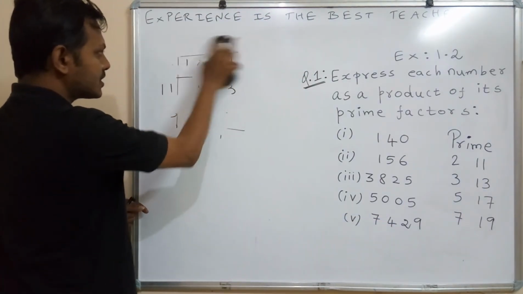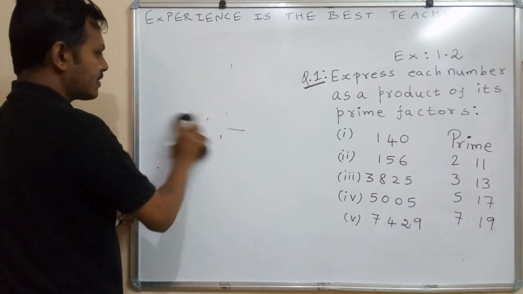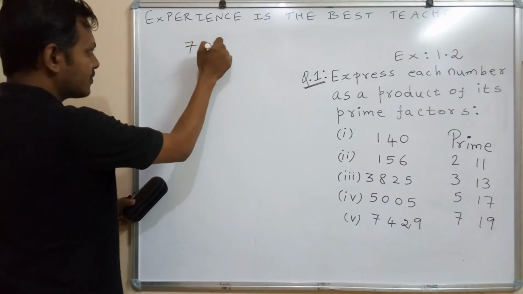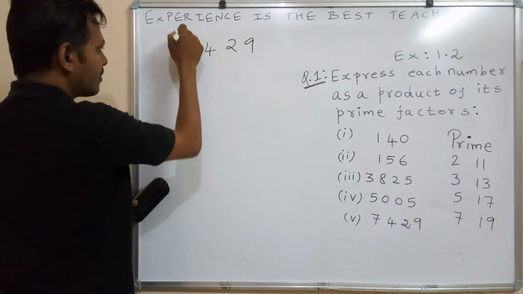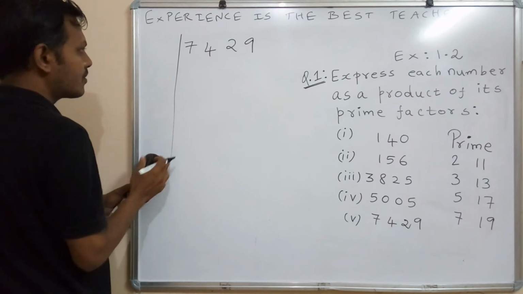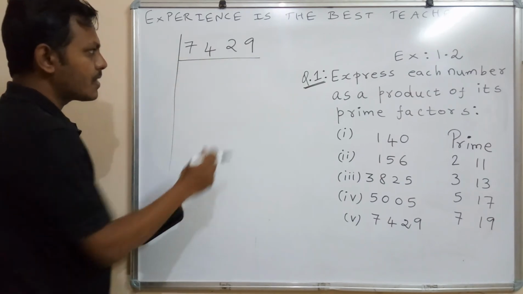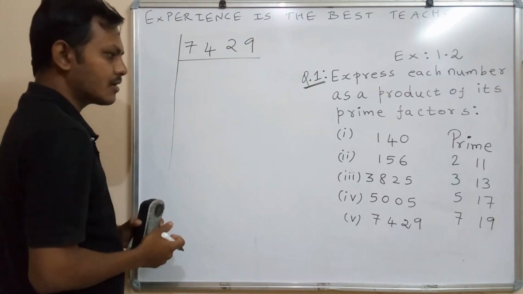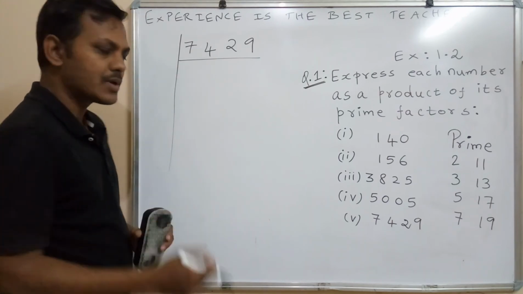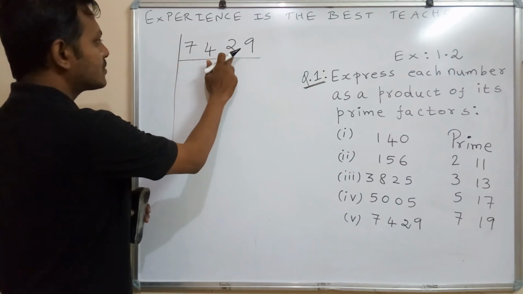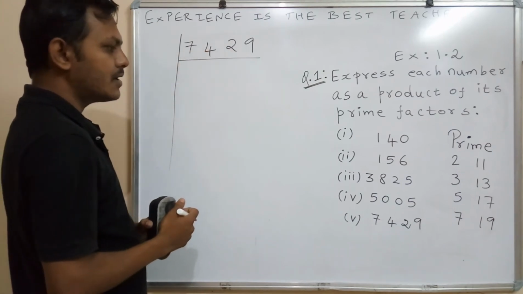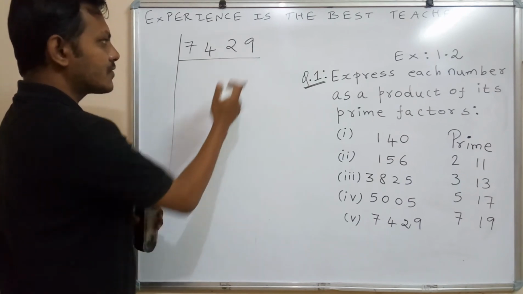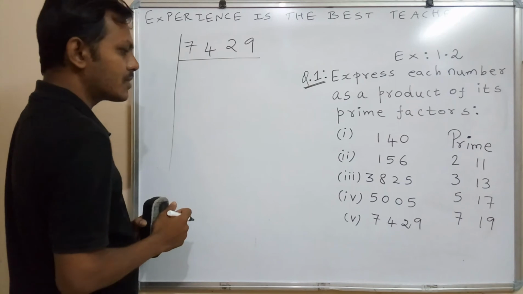7429. So the next question is 7429. Let's write this. Now one by one we can use 2 table, 3 table, 5 table. 2 table we cannot use here. We'll check whether this number will come in 3 table or not. Using the divisibility rule for number 3, 7 plus 4, 11 plus 2, 13 plus 9, 22 will not come in 3 table. The unit place is not of the form 0 or 5, so we cannot use this number in 5 table also.